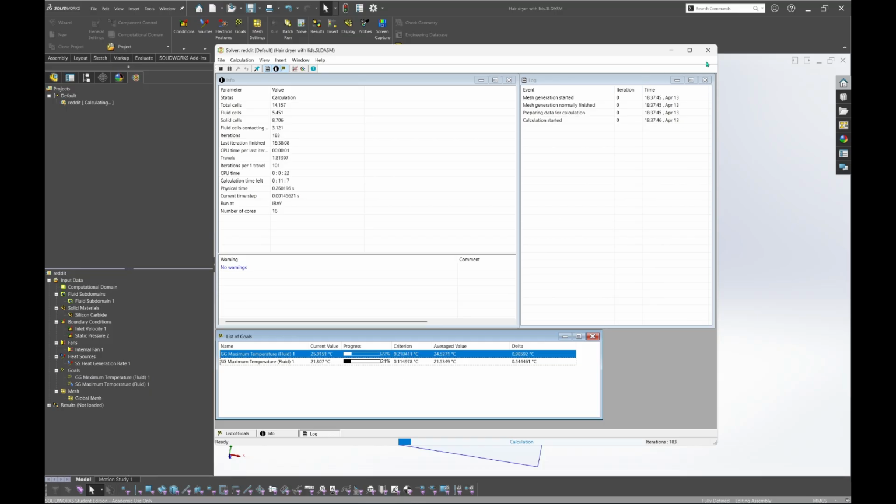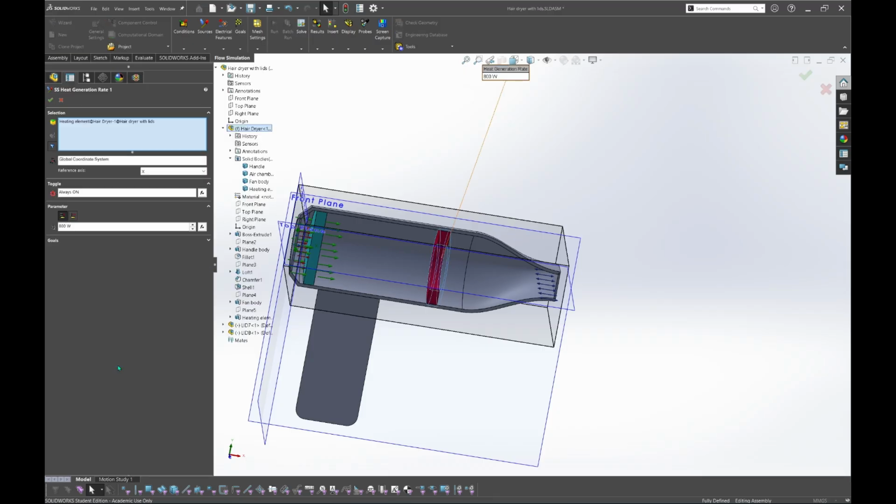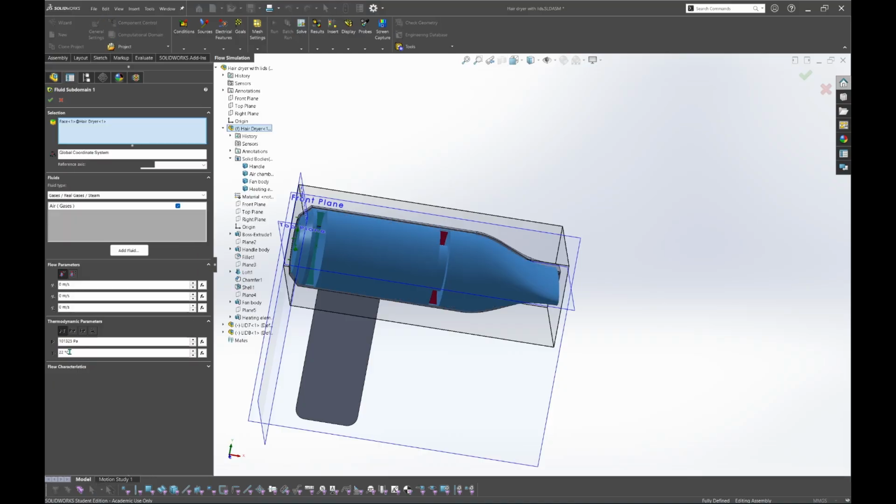Sorry, I forgot. For the fluid subdomain, the initial temperature is 22. Okay.